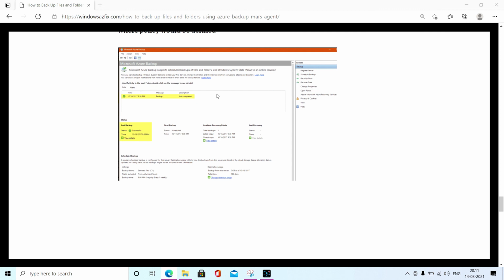Once you click on recover data and select the date, you will automatically get an unmounted disk on that server. You have to visit that disk, copy that data, and move it to some other specific drive. From here you can recover the file folder backup.